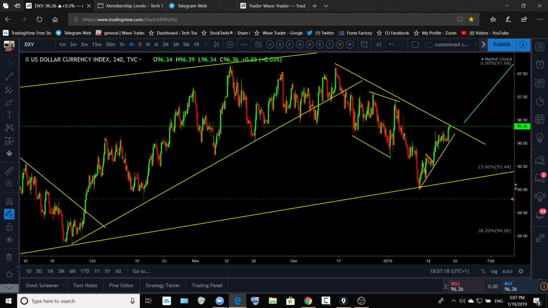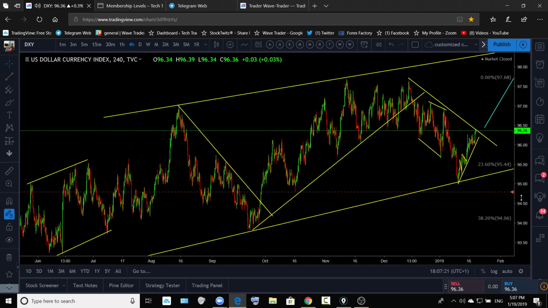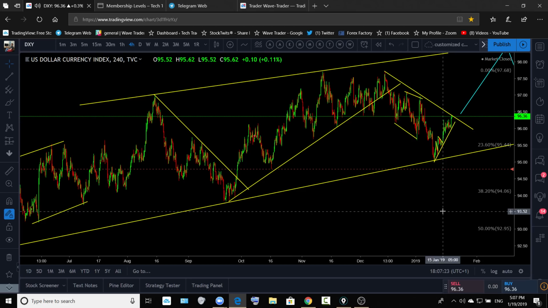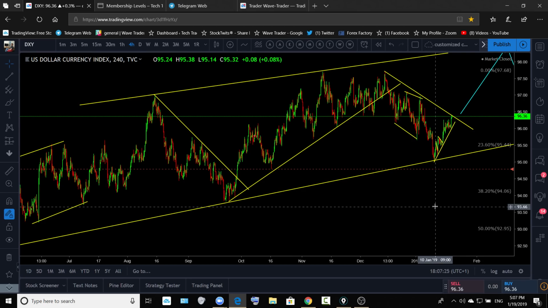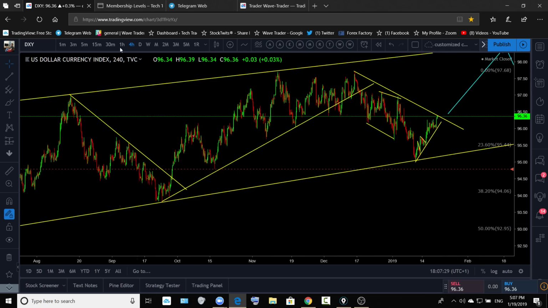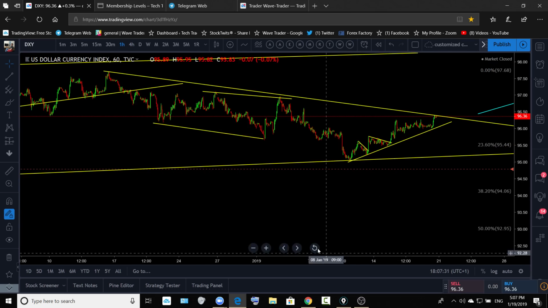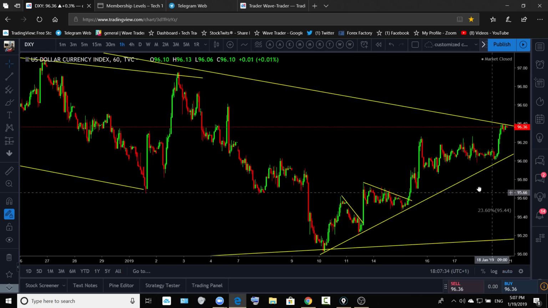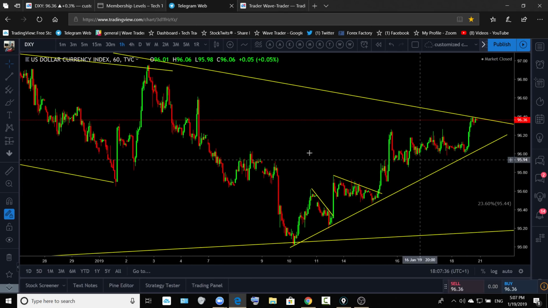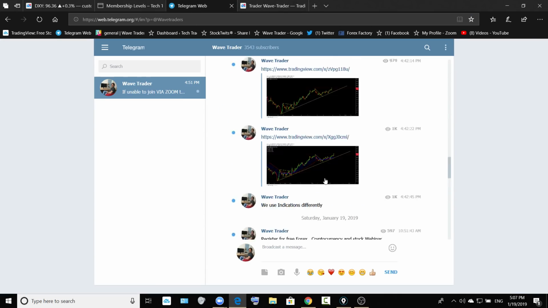If we are not going to see a breakout on the dollar index for downside, I will show you what kind of price section you need to look for this week before you go for buy and before you go for short. What kind of price section did I ask you to look for last week, if you remember? Let me go back to Telegram and show you the chart from there.